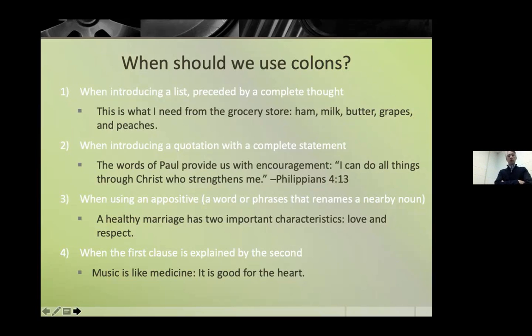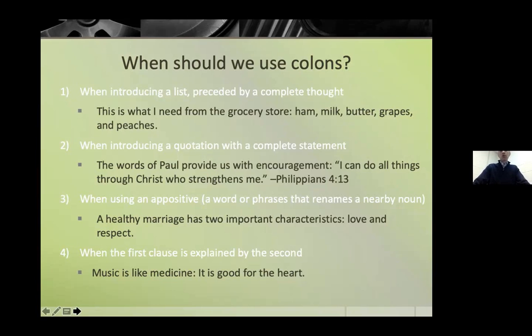So when we have a quotation, rather than just introducing it with "Paul said," which we follow by a comma as the general rule, if we use a complete statement, which is usually a paraphrase of the quotation, then we'll use a colon. The words of Paul provide us with encouragement. Okay, now I could put a period there, but I'm not, because I'm introducing a quotation. So I put a colon. I can do all things through Christ who strengthens me. Okay, and then